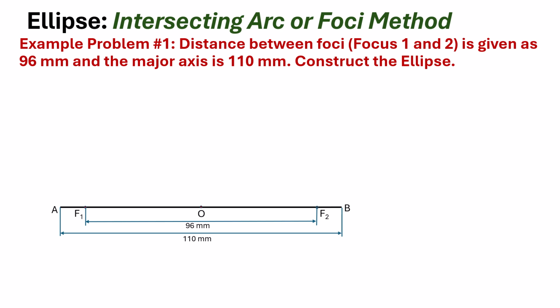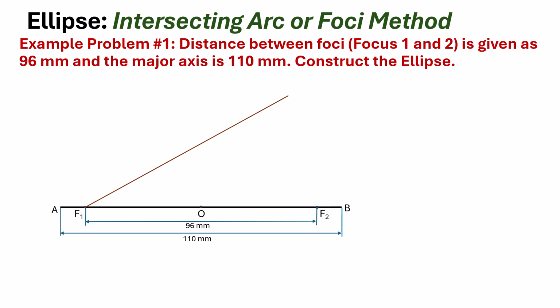Then our next step is to divide the distance between F1 and F2 into some equal number of parts, and these parts should be even. It can be 4, 6, 8, 10, 12, but it cannot be 3, 5, 7, 9, 11 or anything like that. So we draw a line from F1 at any angle, and because we are going to divide this F1, F2 distance into 8 equal parts,